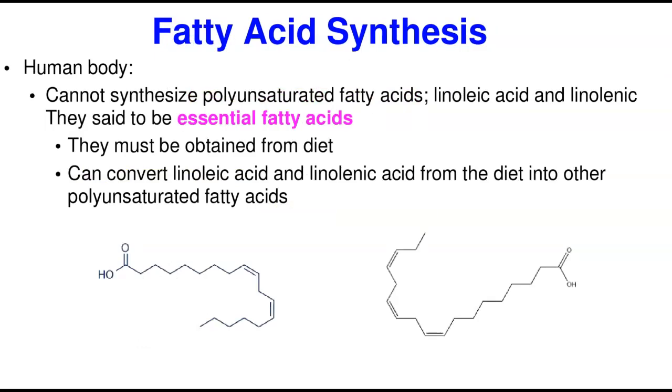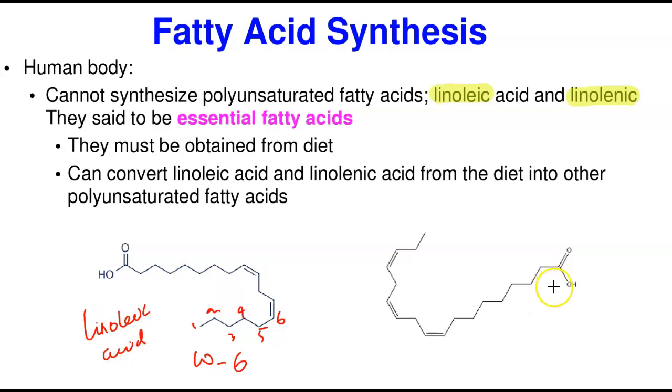So before we finish, let's just talk about this. It is important. Now, the human body cannot synthesize 2 polyunsaturated fatty acids: linoleic fatty acid, which is an omega-6 fatty acid, and linolenic fatty acid, which is an omega-3 fatty acid. Look at them here. So remember, omega means we are counting from what? The terminal end or the methyl end of the group. So this is 1, 2, 3, 4, 5, 6. So this is omega-6. This is omega-6 fatty acid, which is what? Linoleic acid.